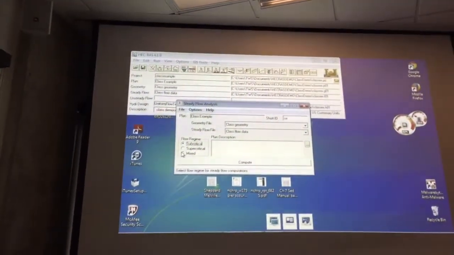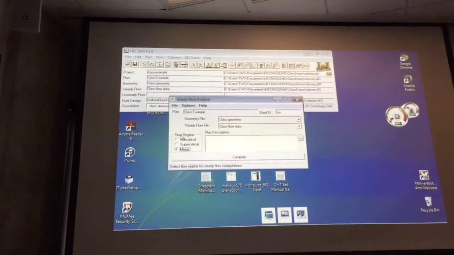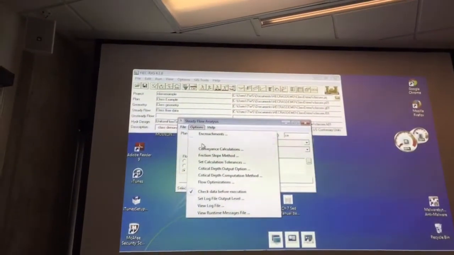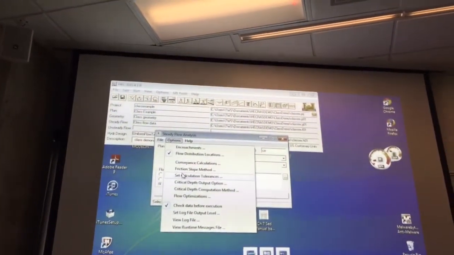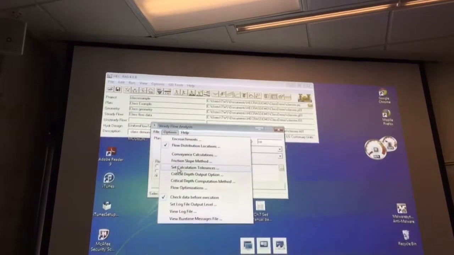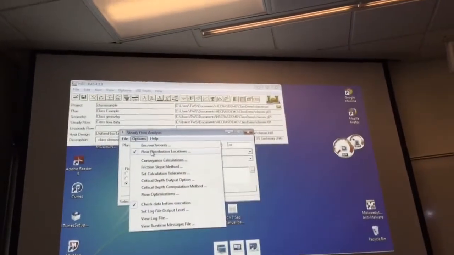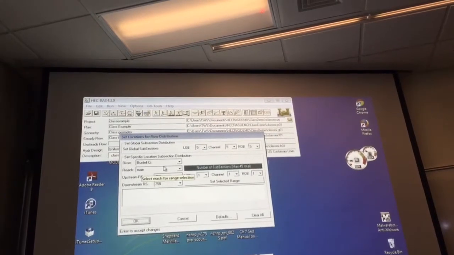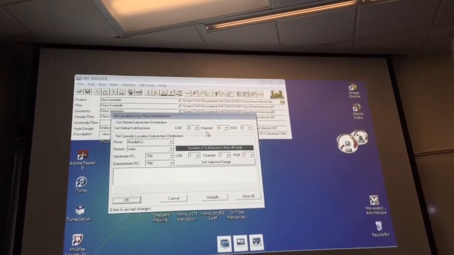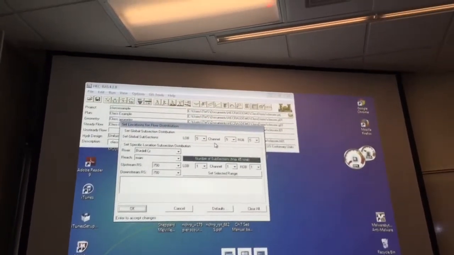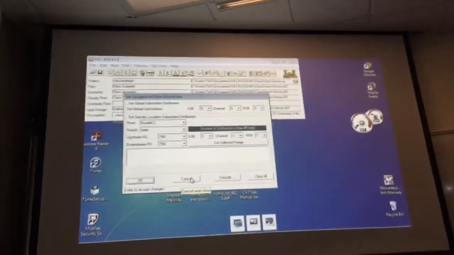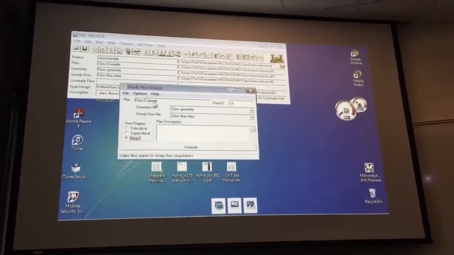And here, let's just try mixed and see what happens. Mixed. And under options, this is what I want you to do. Here's where you can change the friction slope method. You can put in flow distribution locations. So it'll use the ratio of conveyances. What I've done here is set some subsections, and so it will print out velocities across the subsections. But let's cancel that. Mixed flow,